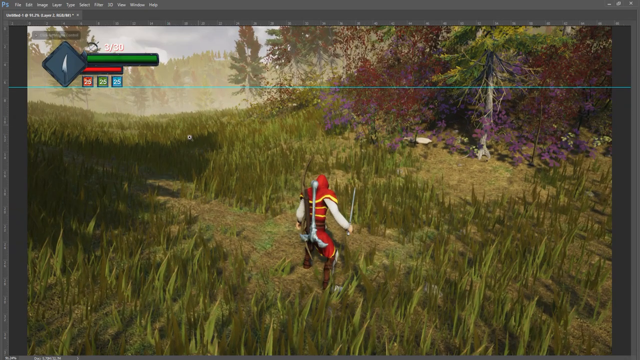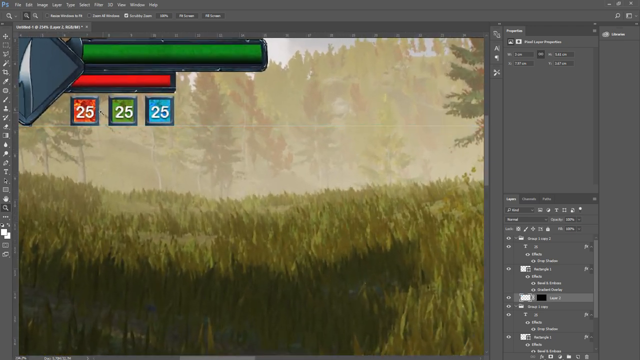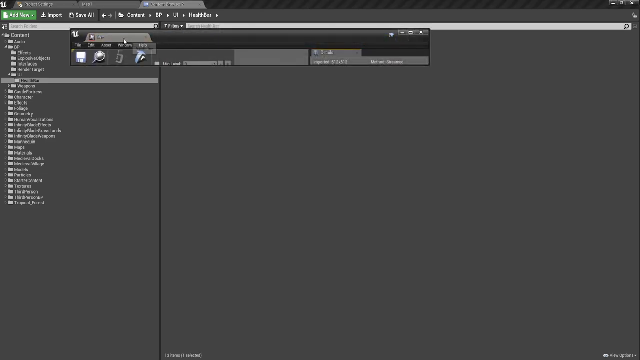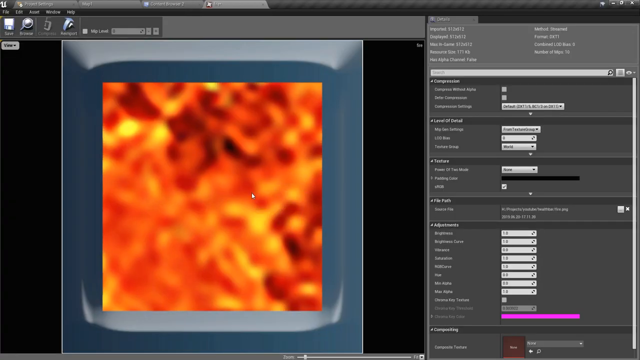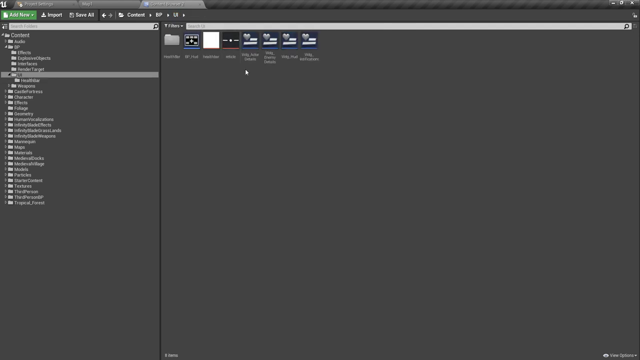So let's implement this design into my HUD of the game. For this I need to get this rectangle and this piece of square icon into Unreal, and here I have imported those three icons I need into my help bar folder in Unreal Engine. So let's open our widget HUD,